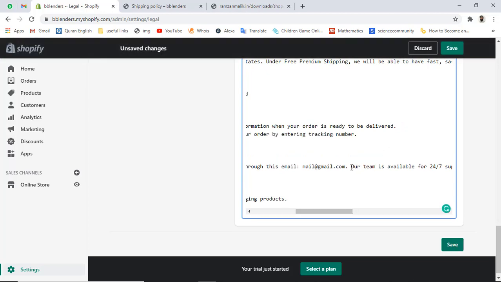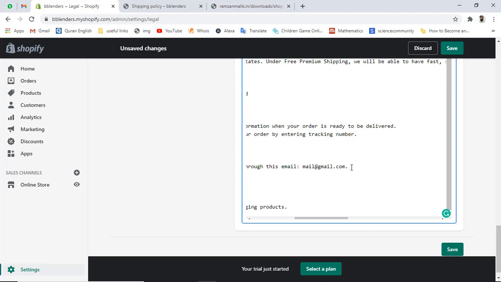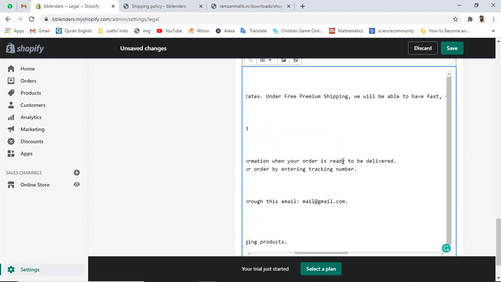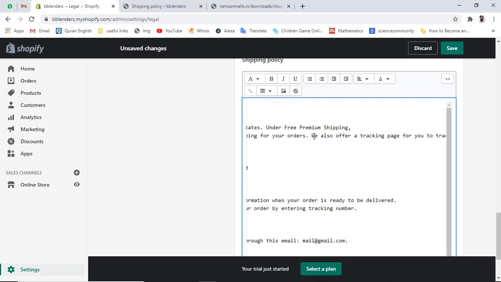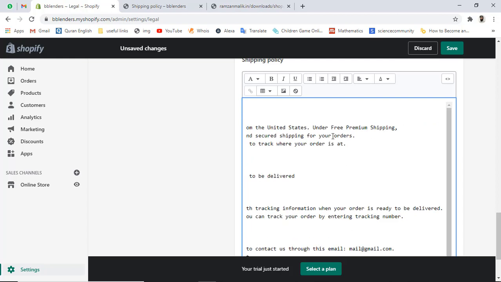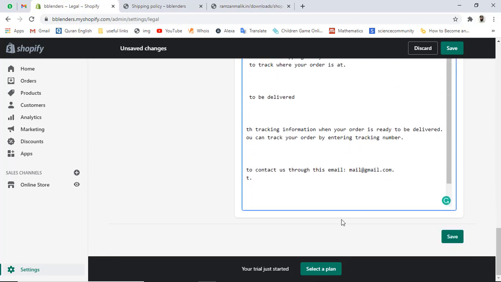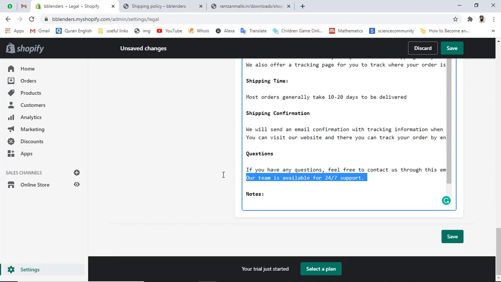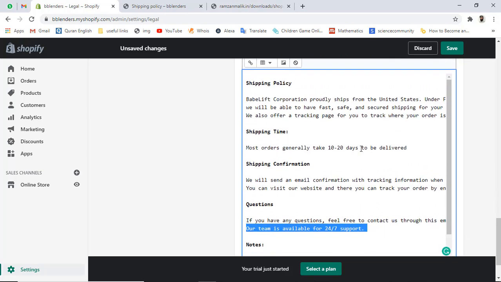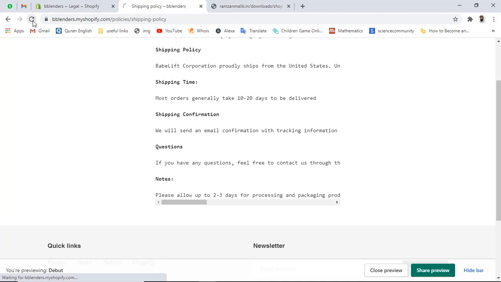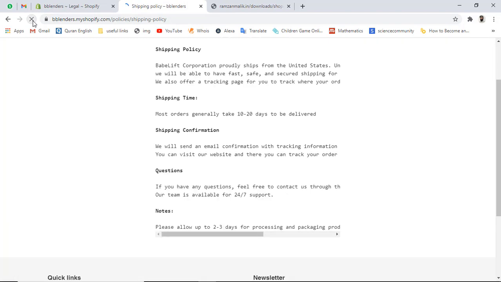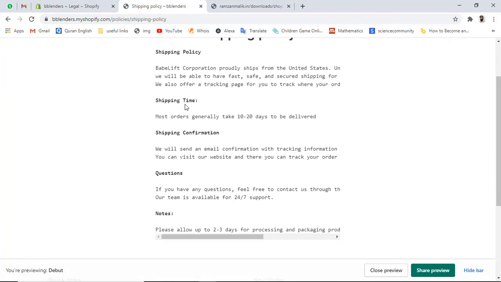So let me break this line, and I have a few more things to improve. Otherwise, if you are not fixing this properly, then you should write it down by seeing all the things which I have added over there. So let's save, and let me see how it is looking right now. Let me refresh the page. Now you will see that this looks a little better. Now it is looking better.